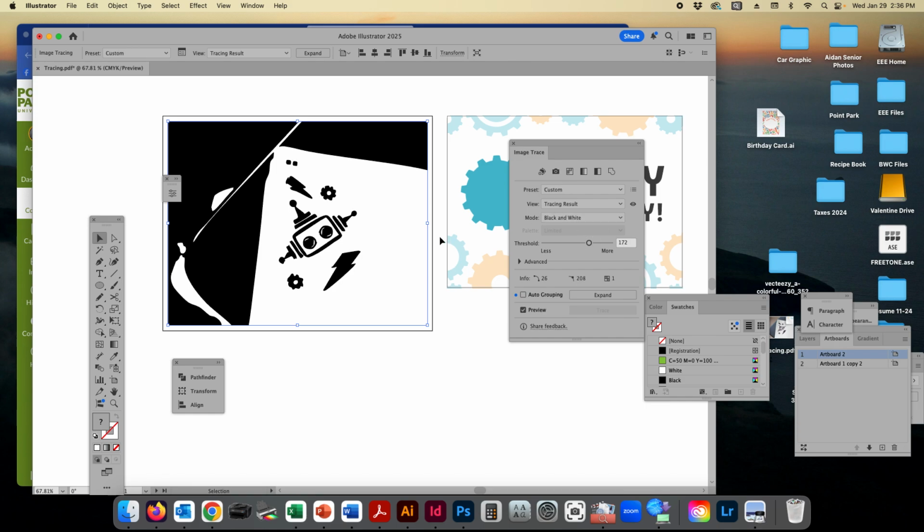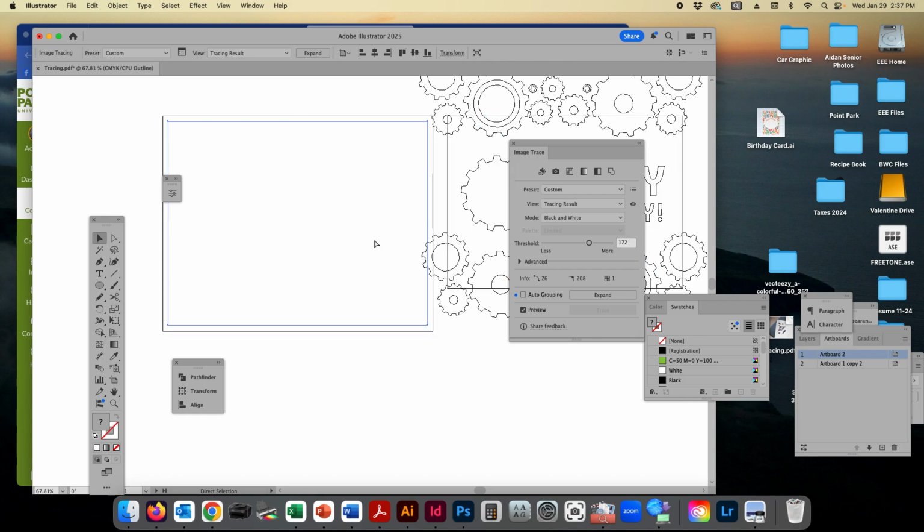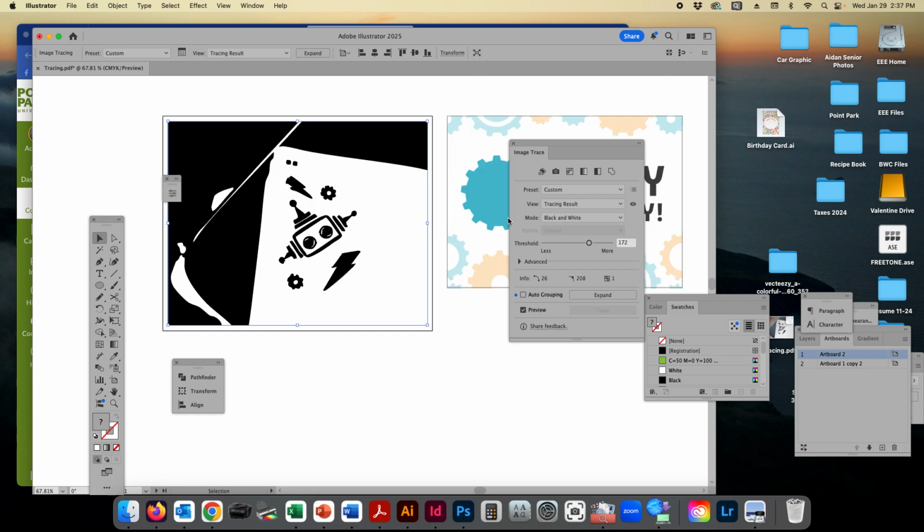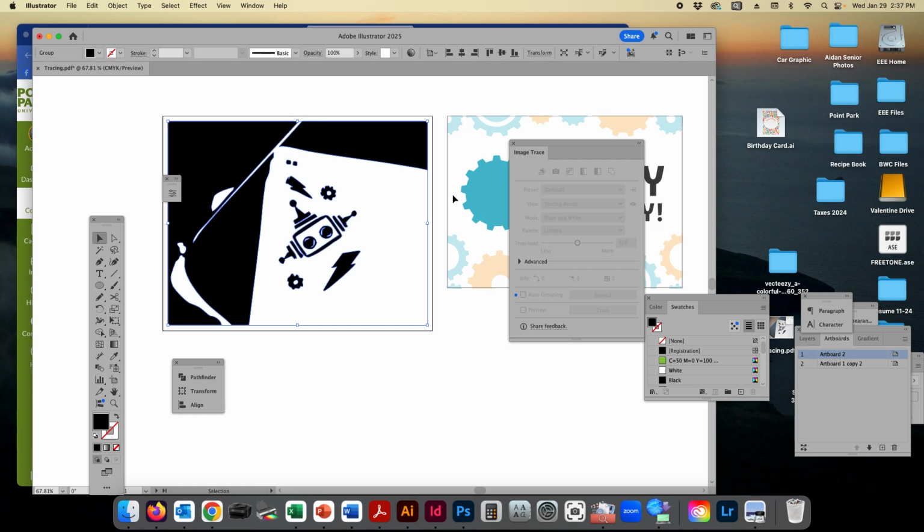Now, the big thing with this is that this is only half of the process to make it into vector art. If you stop here, it won't be vector art. If I do Command Y, you'll see it's still a raster image. Once you're happy with your settings, and you can see here's the information on how many points there are, and all kinds of different settings, you need to click Expand here or up here. What that does is convert it over to